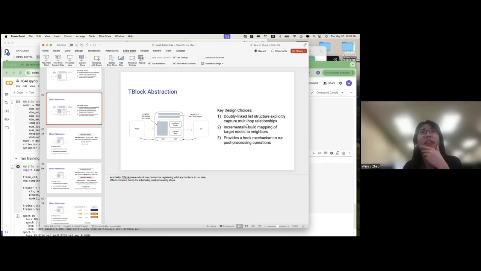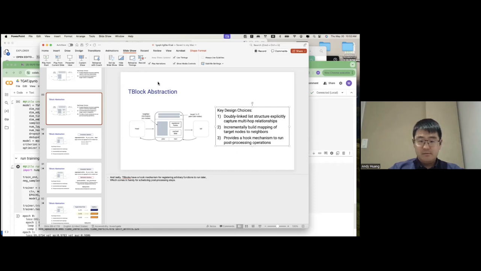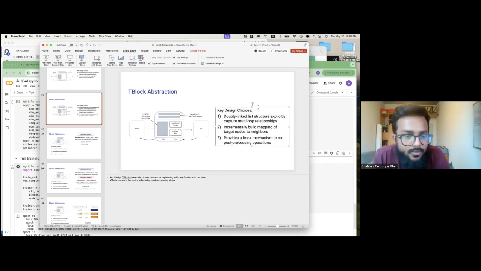There's also a question from the audience. Do you want to just unmute yourself, Shabazz? First of all, congratulations for this work. I think it serves as an important step towards standardization of frameworks for temporal graph neural networks, and with this impressive improvement in the time performance, it's really going to be helpful for the community. But my question is,